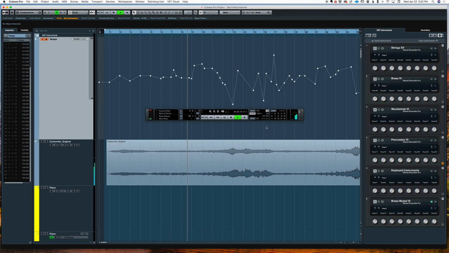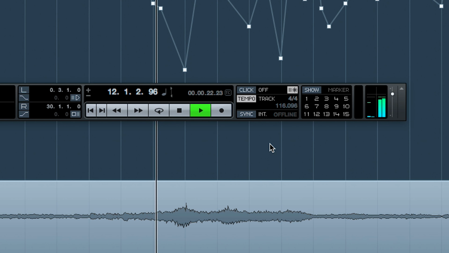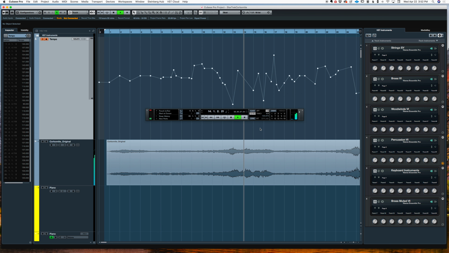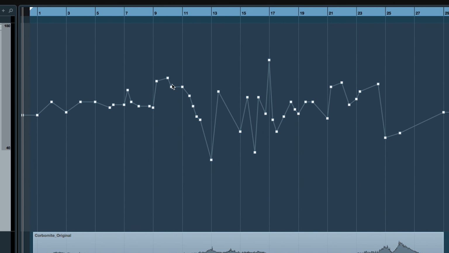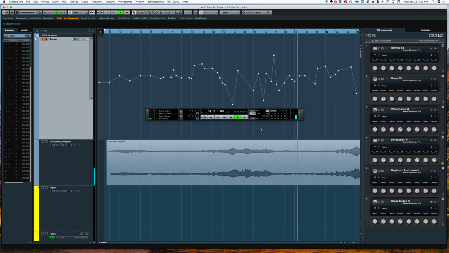But this piece had a lot of speeding up and slowing down, as it was all conducted back in the day without a click. As you can see, the tempo is all over the place, far more than I would have expected. So, in Cubase, I did this entirely manually. I figured out what the tempo was for the first few beats, and then I sat there and dragged these points up and down for the rest of the cue. This can be tricky because if you change something earlier in the piece, it throws off all the other points that come after it.